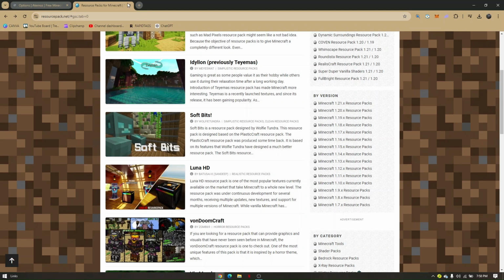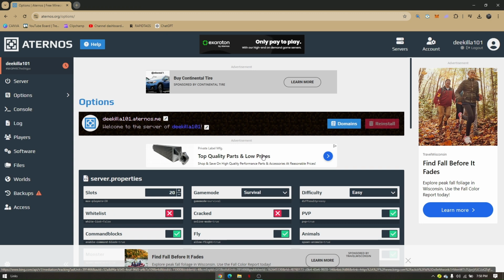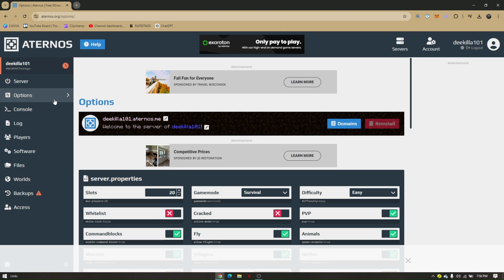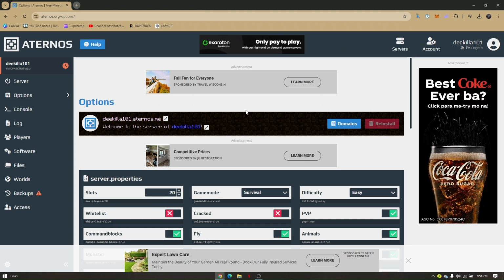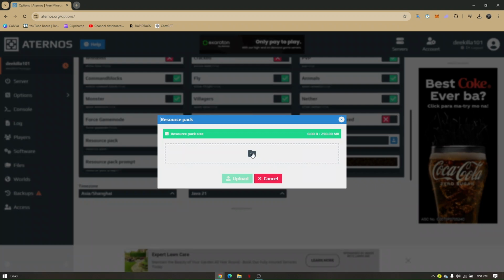Now, once you're done downloading it, go back to your Aternos server, make sure that you have logged into your account. Now from your server homepage, go to options right here. You will be routed to this page. All you just need to do is scroll down a bit until you find resource pack right here. Now just click on this link or this icon right here, and then click on upload,